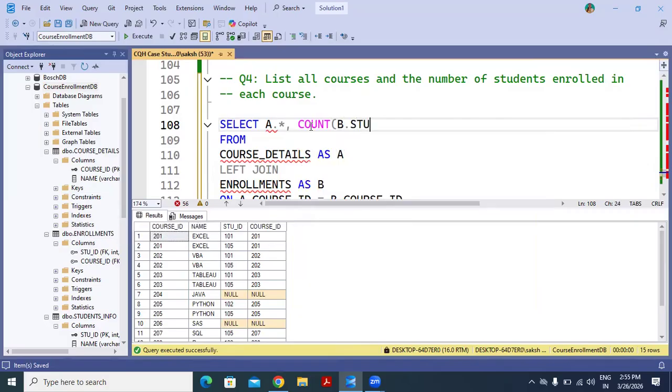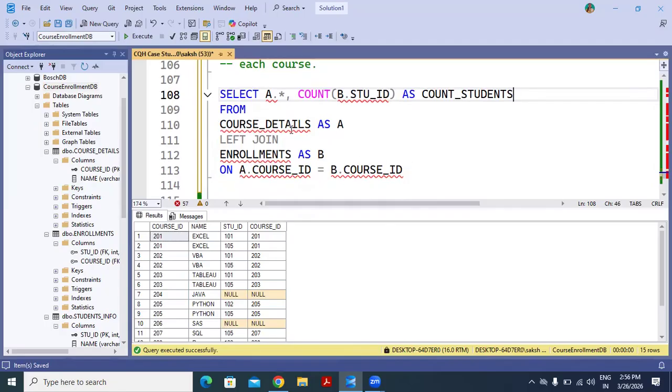B dot student ID, because we want to count the number of students. As you can see, the count of courses. Count of students.